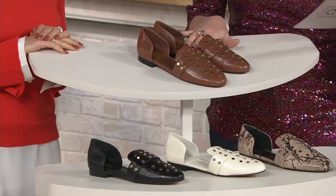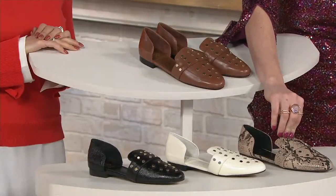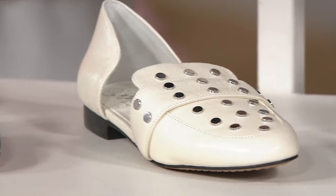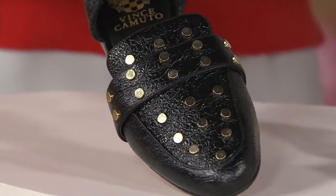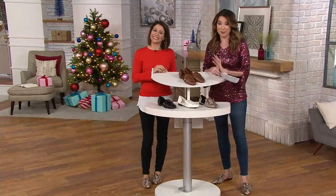This is going to be your hickory, which actually has the beautiful gold tone hardware. We then have the taupe snake, which has got silver tone hardware. We have it for you in the warm white, which has silver tone hardware, and then when you take a look at the black, it's this kind of crackled leather texture that also has gold hardware on it as well. A 368-321. Of course, joining us is the gal that brings us Vince Camuto, and she's head to toe